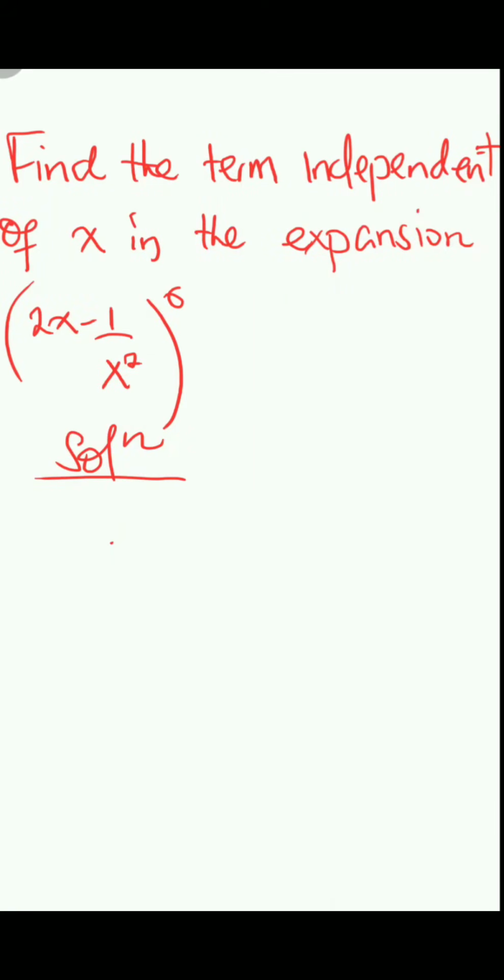Find the term independent of x in the expansion of this binomial that you see here. So here we have to find the term independent of x, meaning that term which has no x in it. Now, we don't know the term and we don't know the value that is there. So instead we're going to use the formula for a general term, where we have n choose r